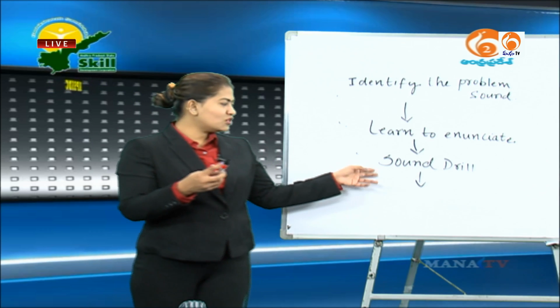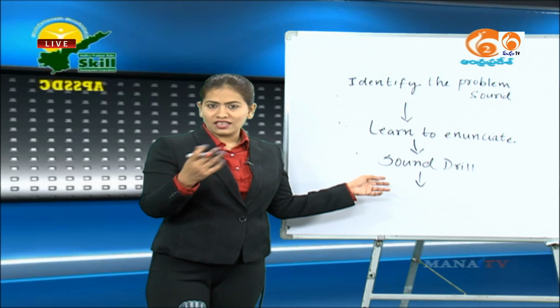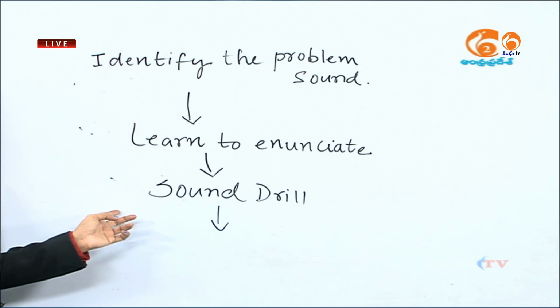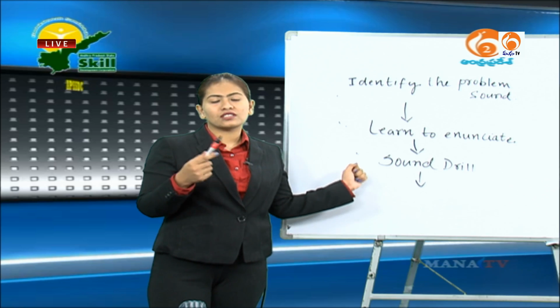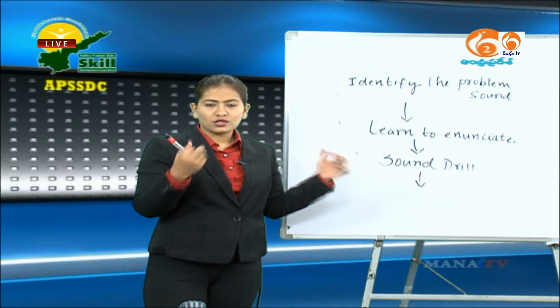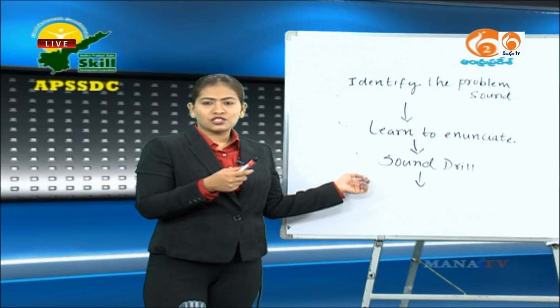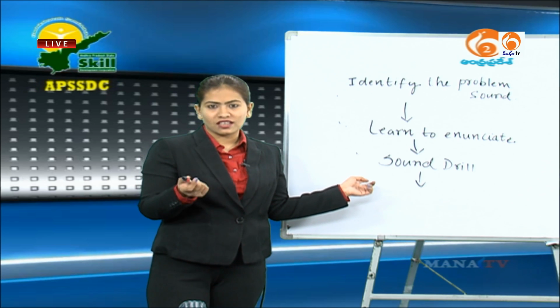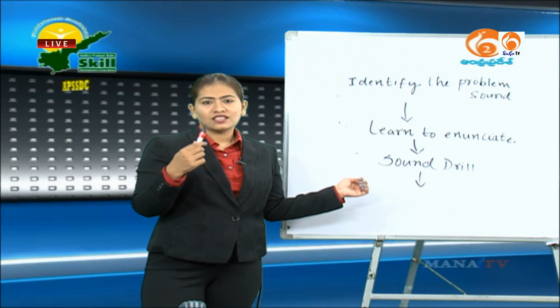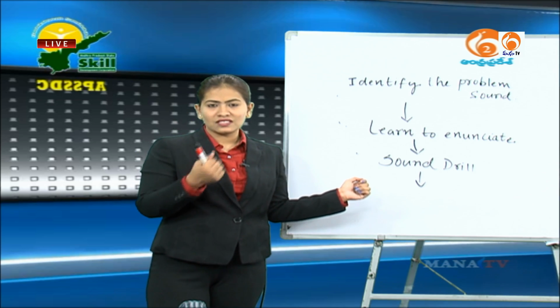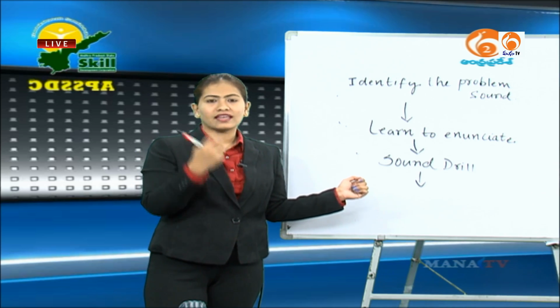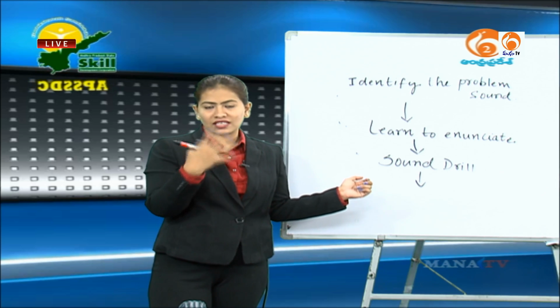So sound drill is your zh as a sound. So the drill that you're supposed to follow as part of learning pronunciation is zha, zha, zha. So it's zha, zha, zha, zha, zha, zha. So the rhythm once again is zha, zha, zha, zha, zha, zha. The more I repeat this, the sound gets freer, and hence I will be able to pick up the sound and get it in one go.